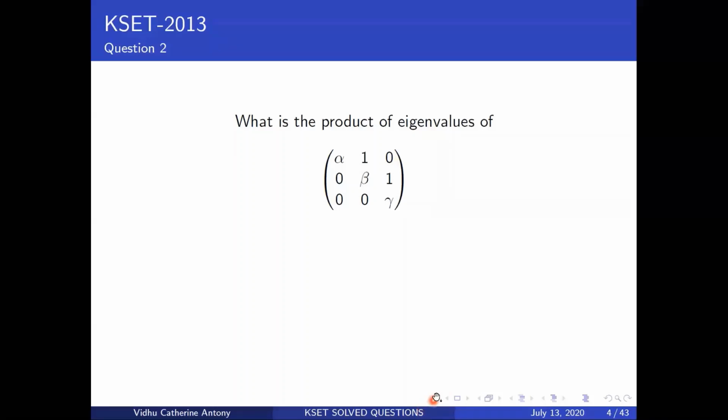When you're asked to find the eigenvalues, you end up diagonalizing the whole matrix, which is a very inefficient way to do it. There are a couple of tricks that you can use. One important key point to remember is that the product of the eigenvalues is equal to the determinant of the matrix. So let's look at this. You want to find the product of the eigenvalues, so you find the determinant of the matrix.